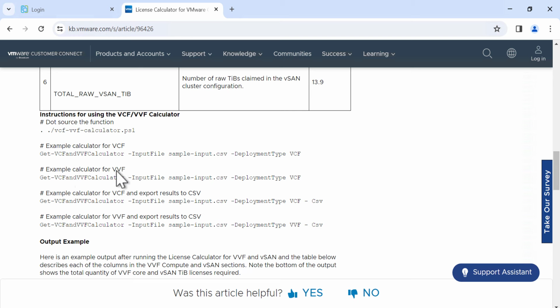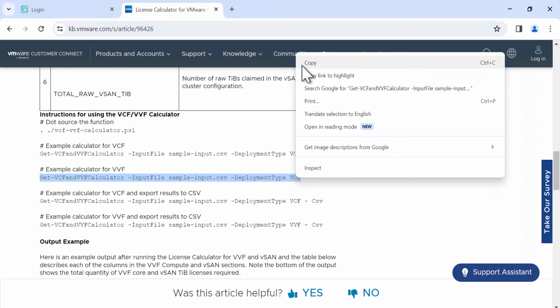I'd like to have the VVF, but there is some misunderstanding here: why in the deployment type do we have VCF on both sides? It's a wrong syntax, I would say, from VMware. I already contacted William and I'm waiting for his reply, but that's a wrong syntax there. If you'd like to have the VVF calculation in the end, you have to replace that VCF here with VVF. I'll start with that, and I will show you how it works. I copy,